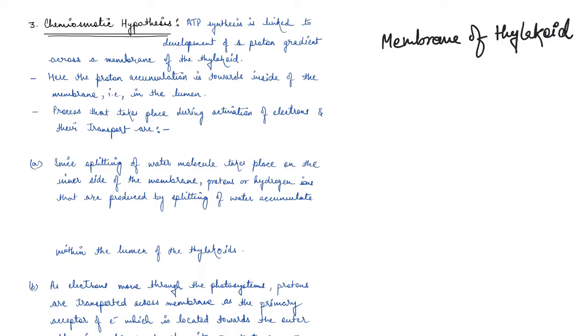Basically, here the proton gradient is developed across the membrane of the thylakoid. Now here there is one difference though: the proton accumulation is towards the inside of the membrane. So basically the proton accumulation is in the lumen,